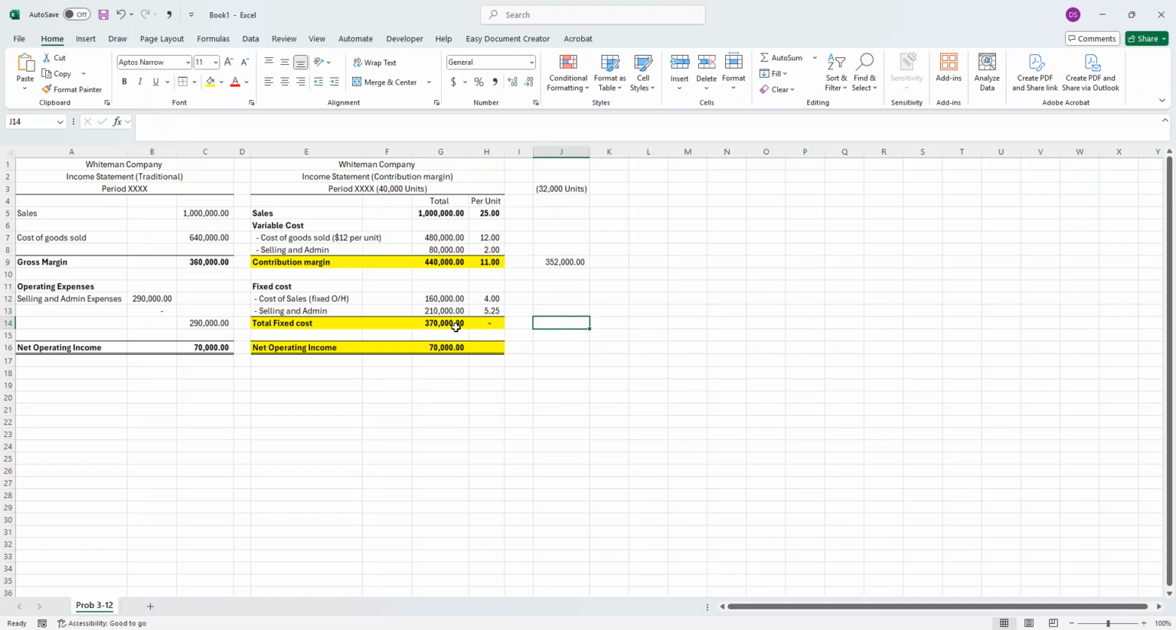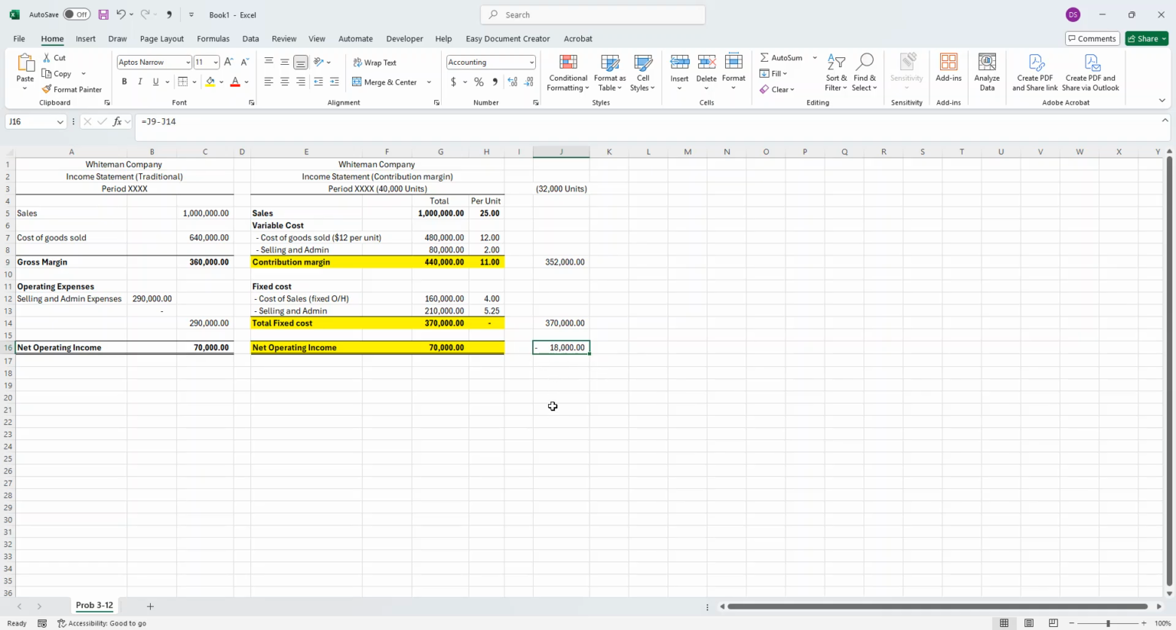And what happened with the fixed cost? The fixed costs remain the same. So if my fixed costs remain the same and my contribution margin is only 352,000, guess what happened? That means I'm going to have a net loss of 18,000. In this case, the contribution margin is not enough to cover my fixed costs. So if it is not enough to cover my fixed costs, what happens to the company? The company will have a net loss of